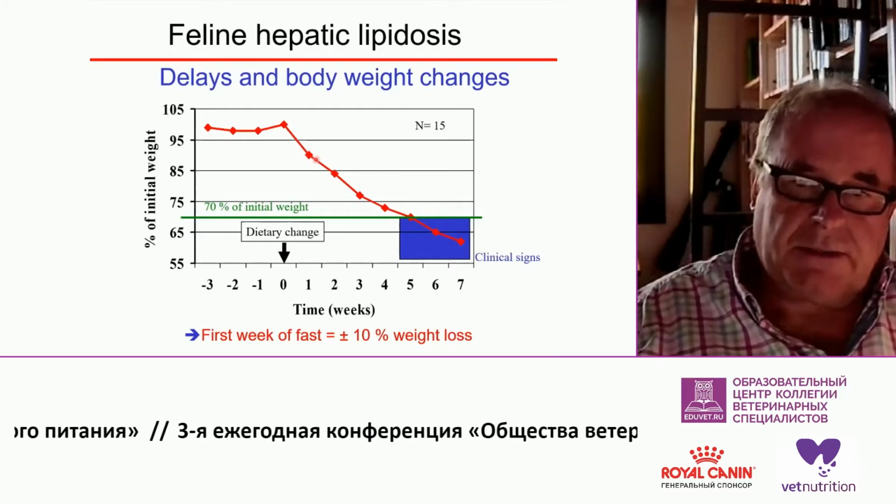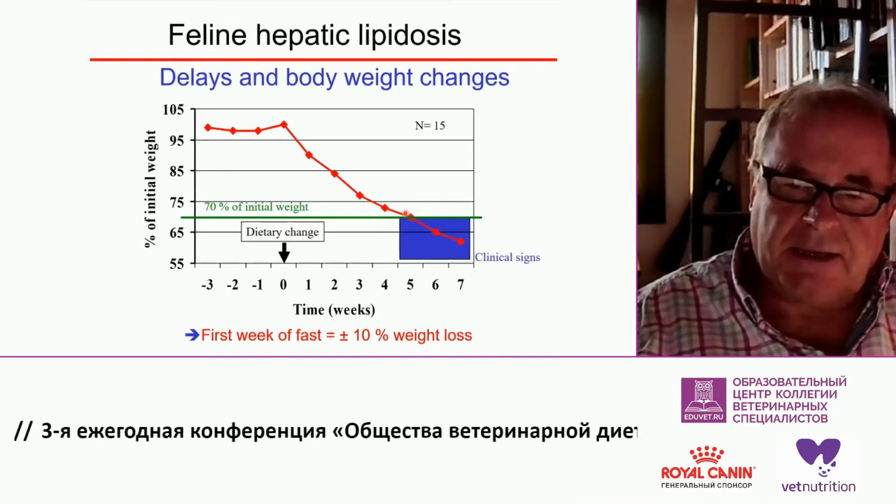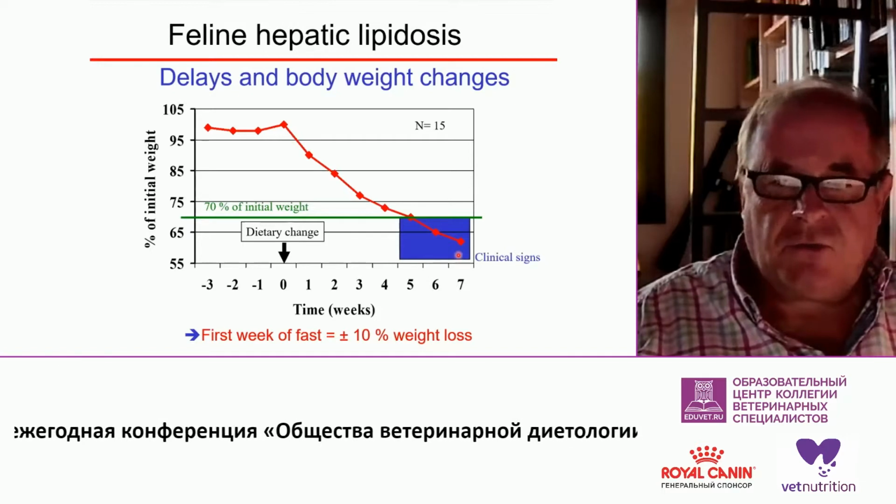And they lost weight. But as you can see, they only show clinical signs after 5 to 7 weeks of